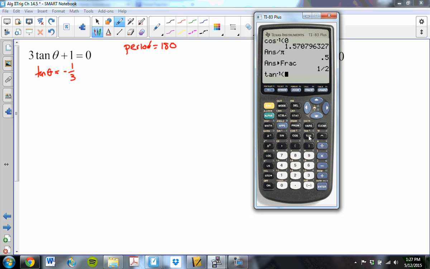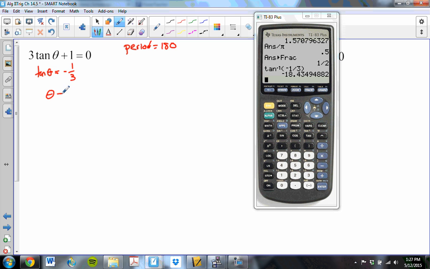This is going to be in radians. Let's do it in degrees. The inverse tangent of negative 1/3 is negative 18.4. So theta is going to be negative 18.4 degrees, which makes sense because on the unit circle, tangent is negative